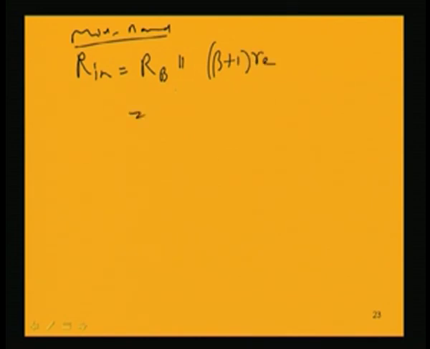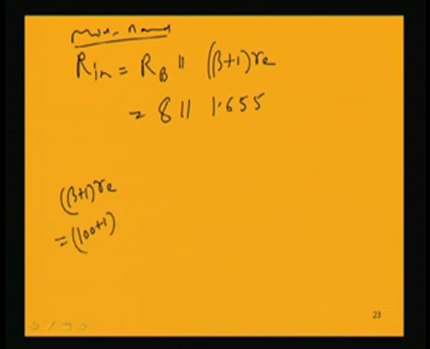So, for Rin, we will first consider the mid band region and find out Rin. So, Rb parallel (beta plus 1) Re. Rb is equal to 8 kilo ohm, parallel 1.655, which is the value of (beta plus 1) Re, because (beta plus 1) Re is nothing but 100 plus 1